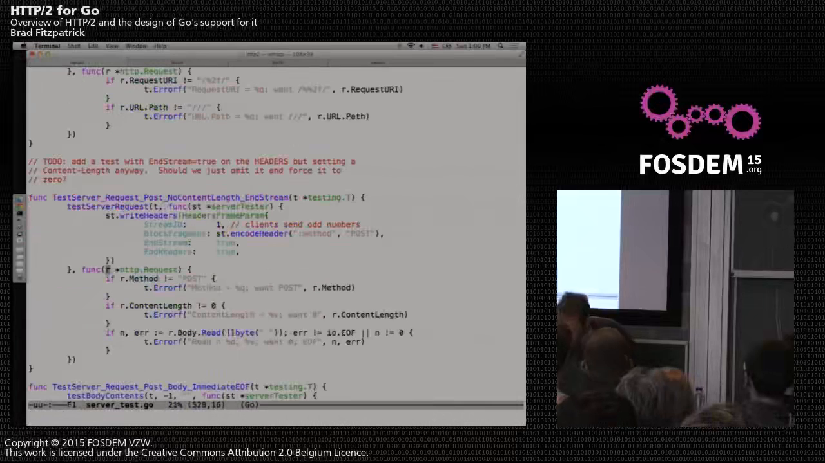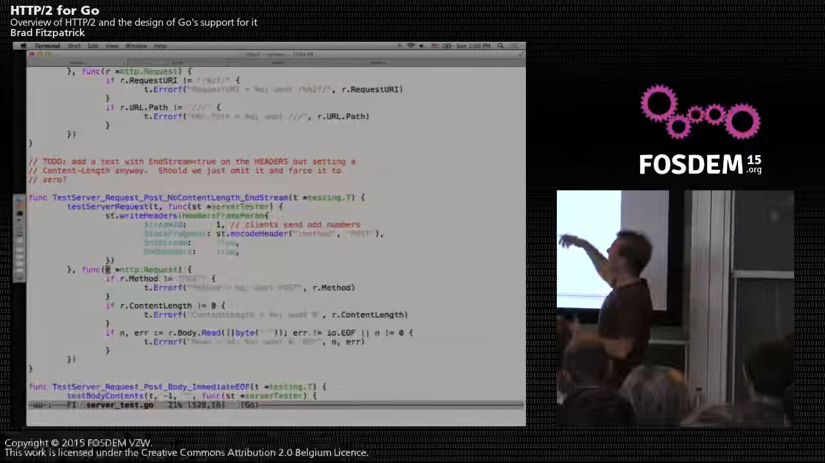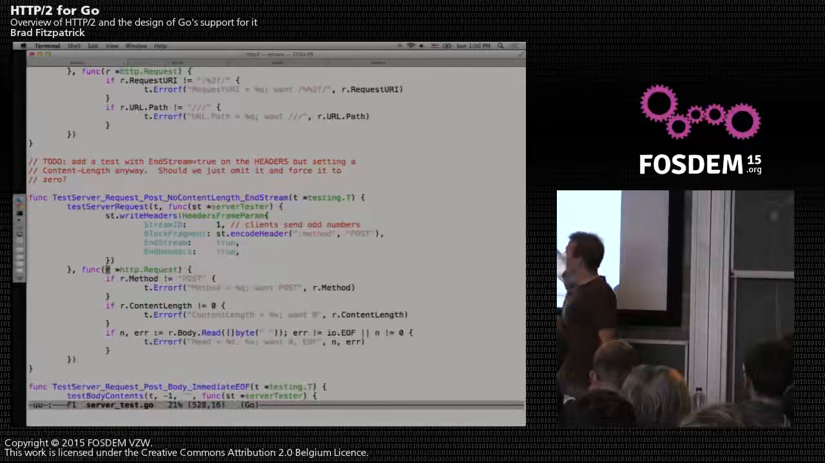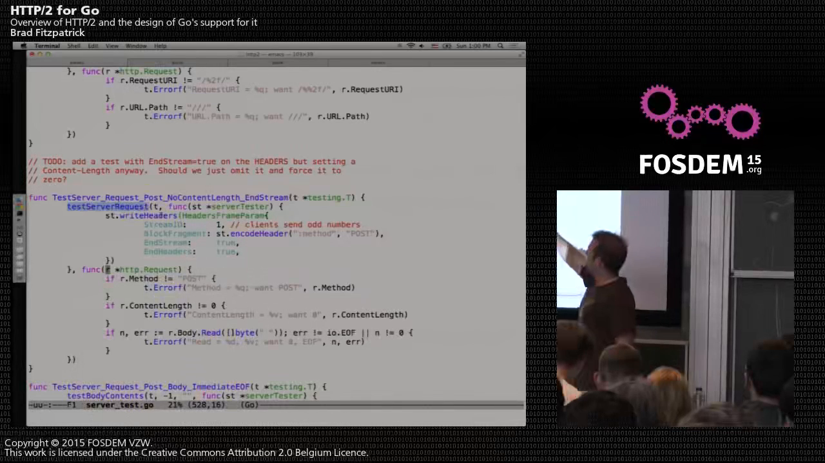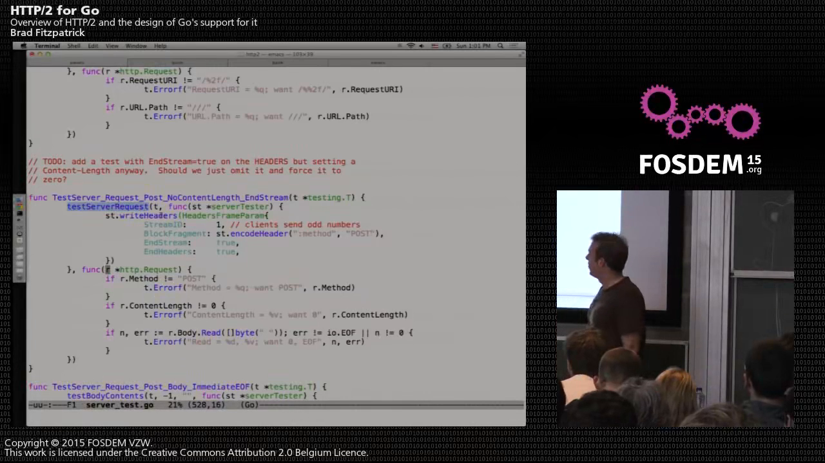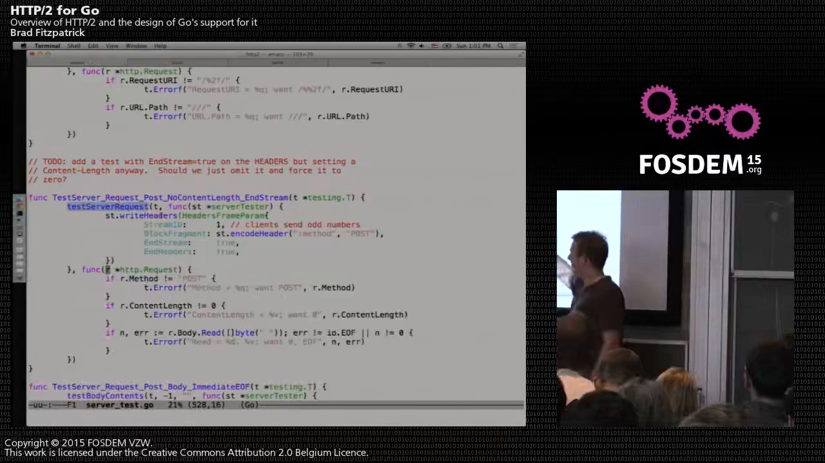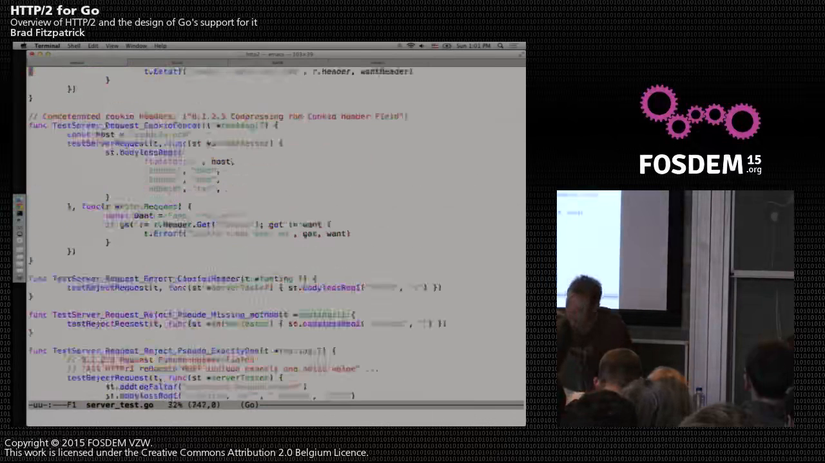here's a single test that a post with no content length and end stream does the right thing. So here's an HTTP handler, and in my little server tester that gets passed into test server request, which is a little test helper, we write the headers with stream ID 1 and the block fragment with method post and this bit set and that bit set, and we verify that what Go sees eventually is a post with that thing. Content length can't be 0 because we didn't know,